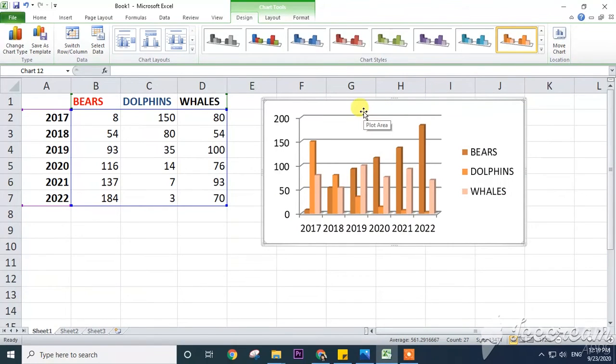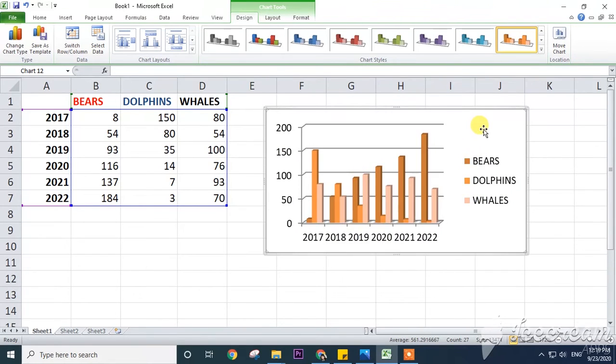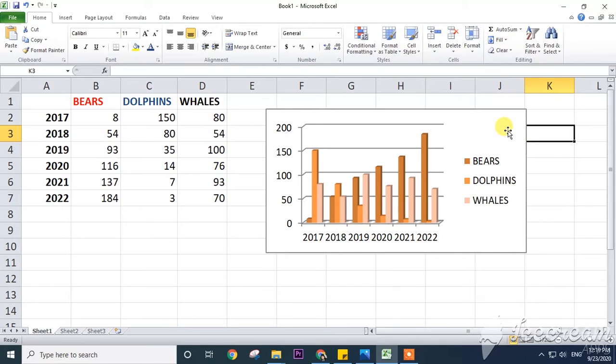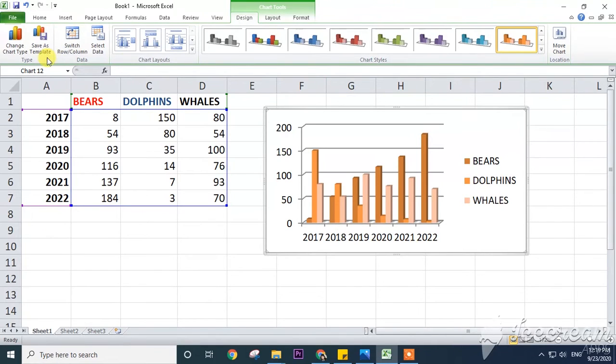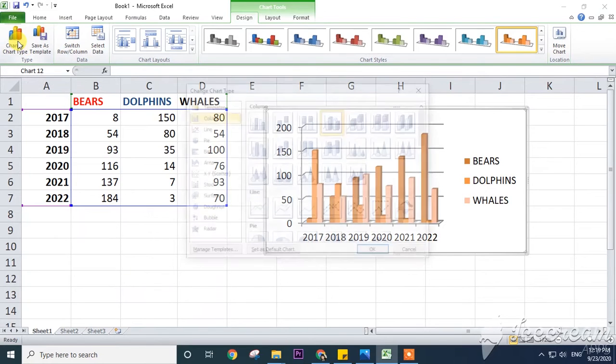Next one is chart type. How can we change the chart? This chart I want to change into a bar chart. There is a change chart type option here. First we need to select this one. If you click here, it will not come. If you click on this only, it will appear in the Design tab, and click on change chart type, and